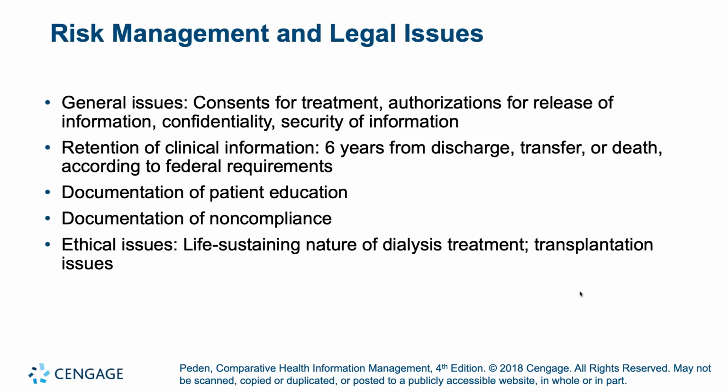Why have you stopped taking this medicine? Is that something the doctor ordered? Because we weren't aware of that. And let the patient tell you what's going on. Don't be judgmental. Just make sure you document it, because that may be a way to identify a new patient